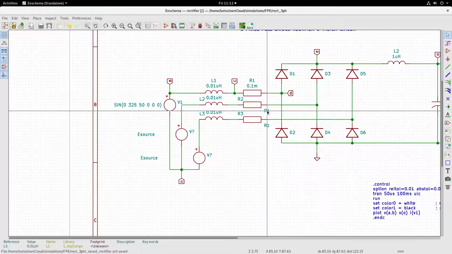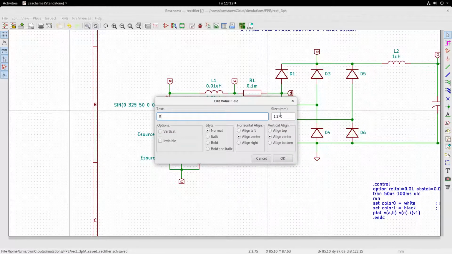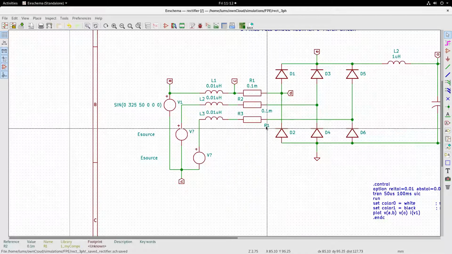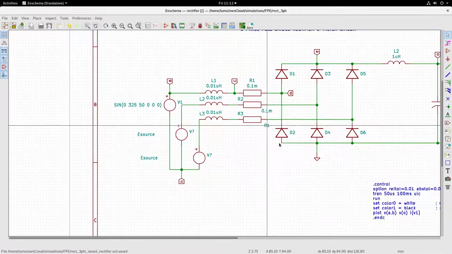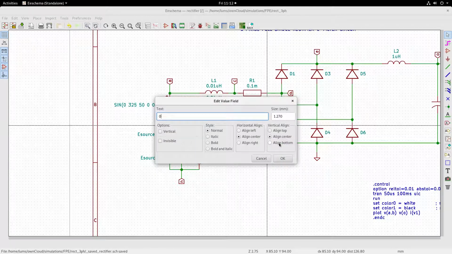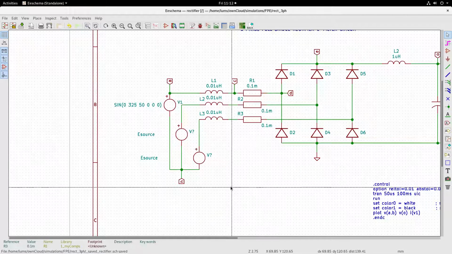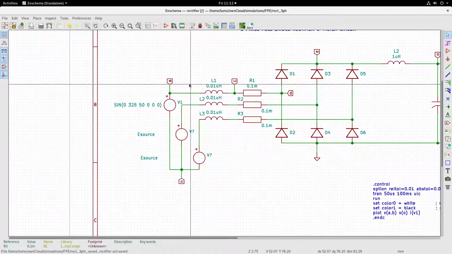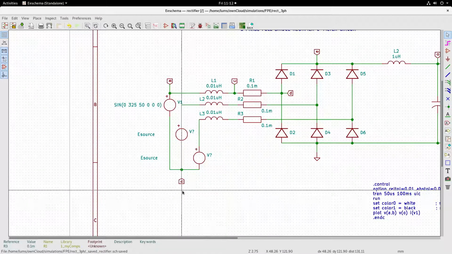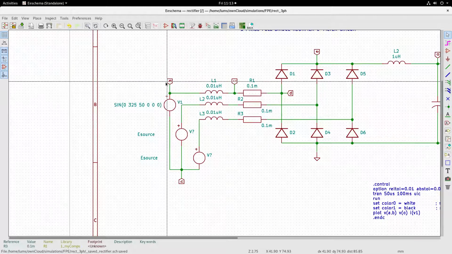Likewise for the resistances, 0.1 milliohms. And likewise for the other one also 0.1 milliohm. So you have it all here. So this is A phase. Okay, we can call it as RYB.